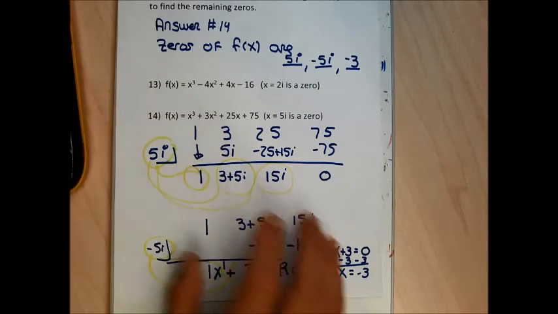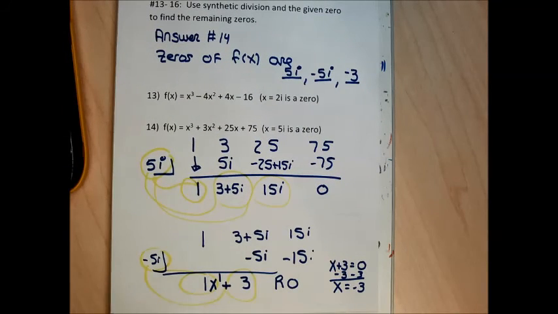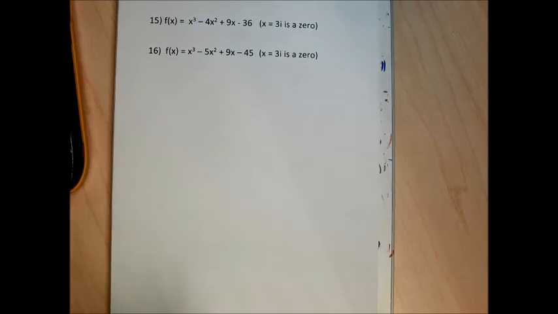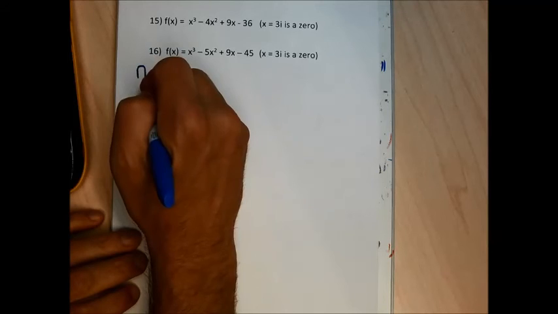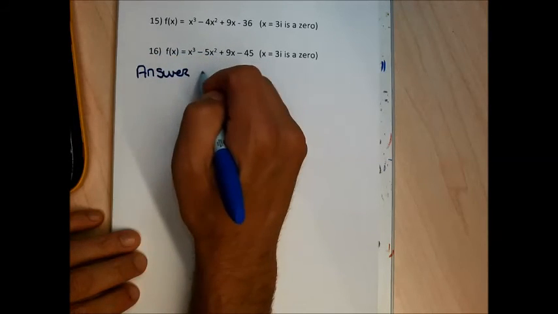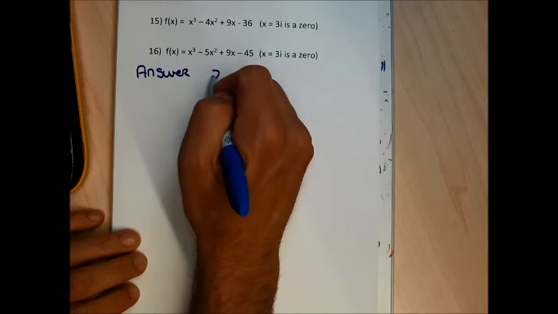So do the same thing for 13, and I will move on and do 15 and 16, and just to be nice, I'll do your problem 15, just so you won't have to do so many of these by hand. So for problem 15, I'm trying to find the 3 zeros of this polynomial. So my answer for problem 15,